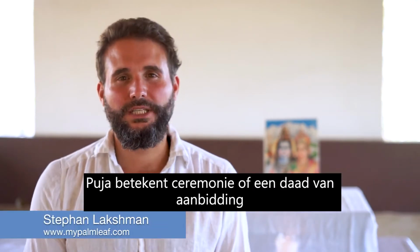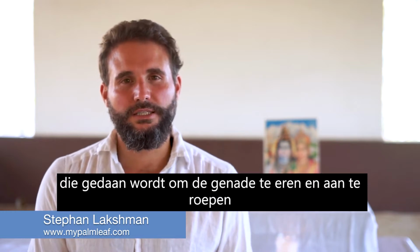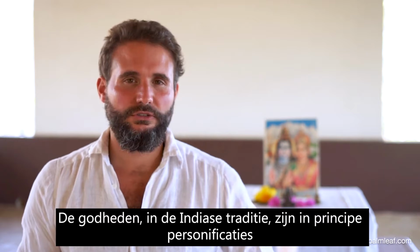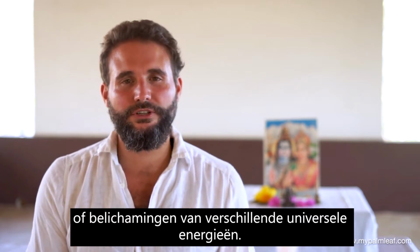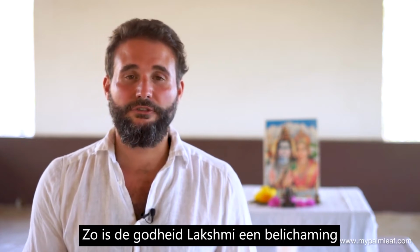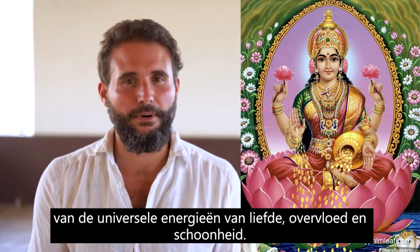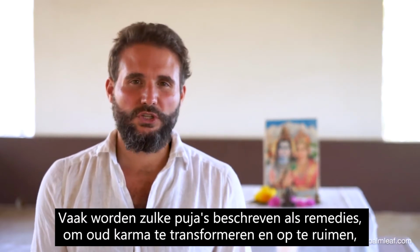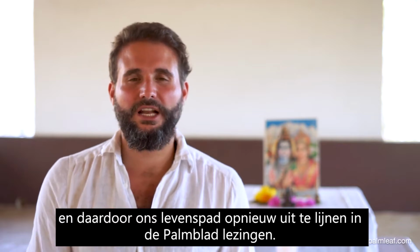Puja means a ceremony or an act of worship that is done to honor and invoke the grace of different deities. The deities in the Indian tradition are basically personifications or embodiments of different universal energies. For example, the deity of Lakshmi is an embodiment of the universal energies of love, abundance and beauty. Often such pujas are described as remedies to transform and clean old karma and therefore to realign our life path